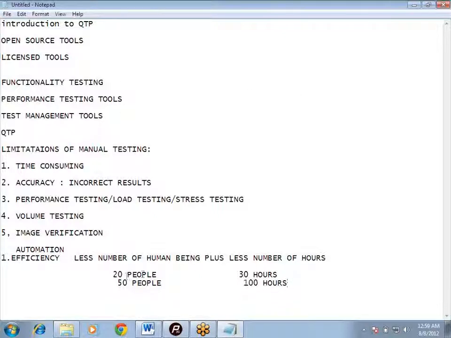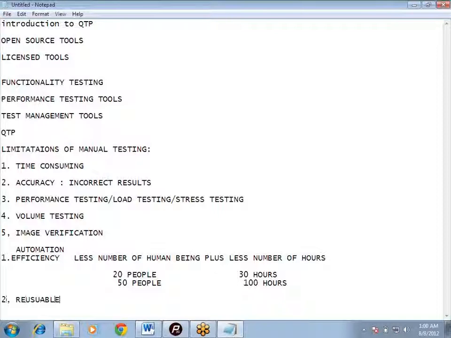So in this way, we can say automation testing is more efficient, because fewer people are there and they take fewer hours to do the same task which more people in more hours do in manual testing.